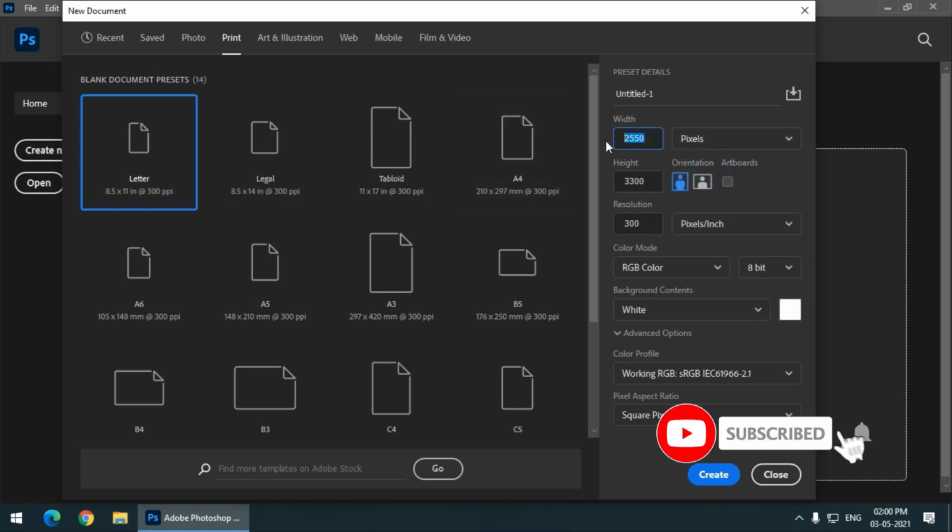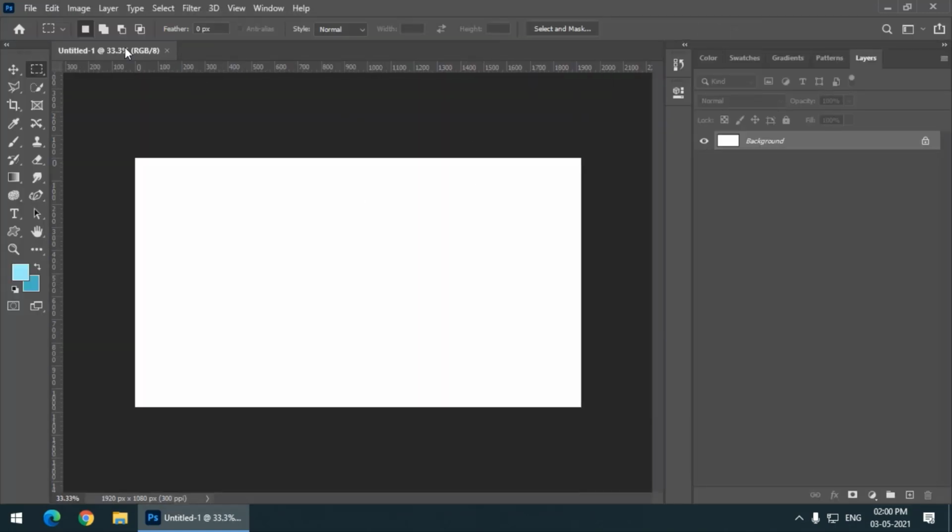Let's say I want 1920 by 1080 pixels. Resolution, we will discuss this later. For now I'm keeping it at 300. Orientation, again we will discuss it later, and I'll press the create button. So this will create a new document.